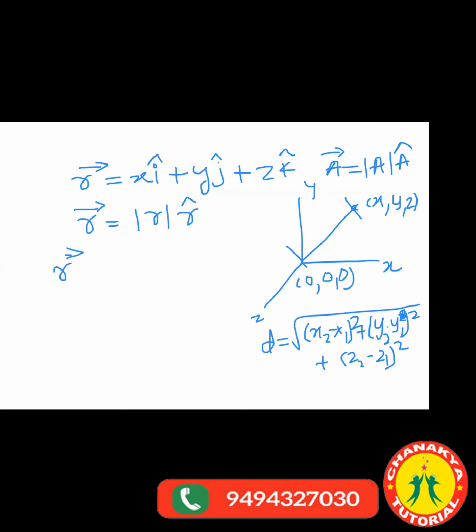That will be my magnitude, that is under root x square plus y square plus z square. Correct? Any doubt? Now, how to write this unit vector? How to write the direction? For that, if you see from this formula,